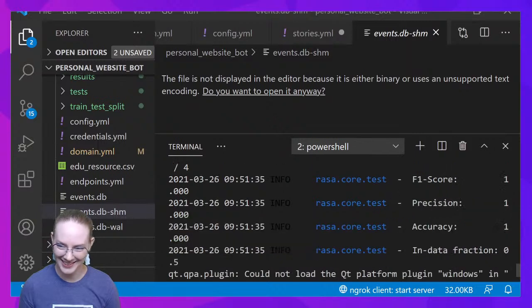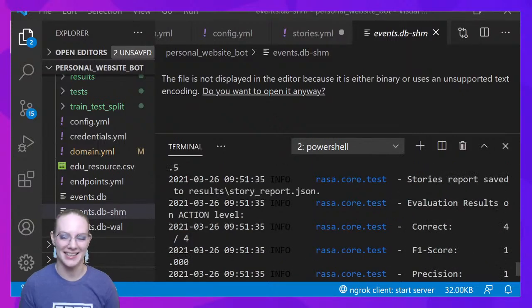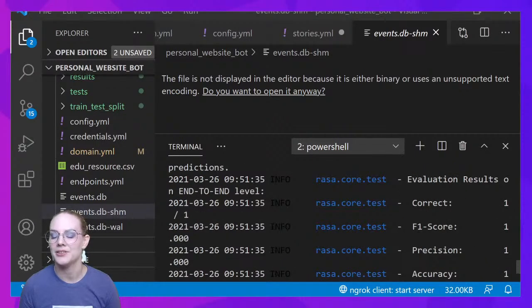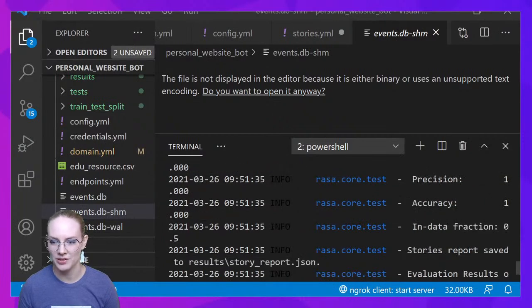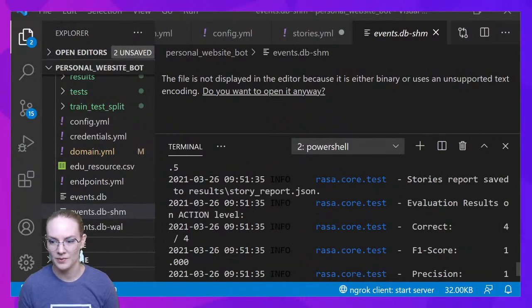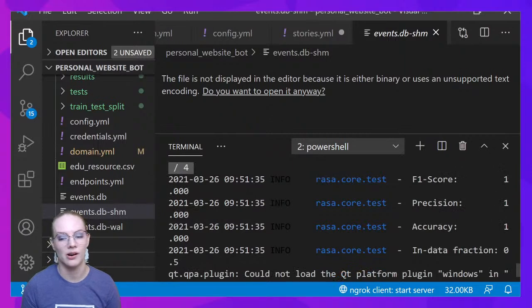What were we doing? Fantastic, excellent. This is what we're looking for. So now that we've corrected the names, you can see that our test results now are 4 out of 4. We got that precision and accuracy are both very high. For this, because